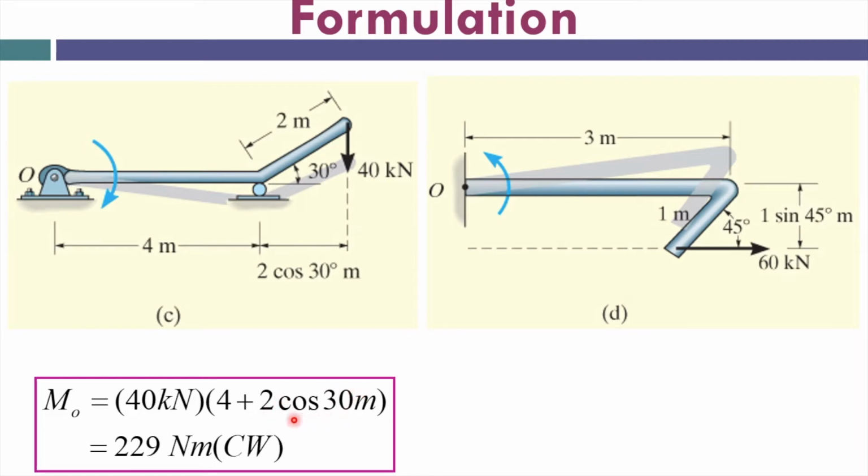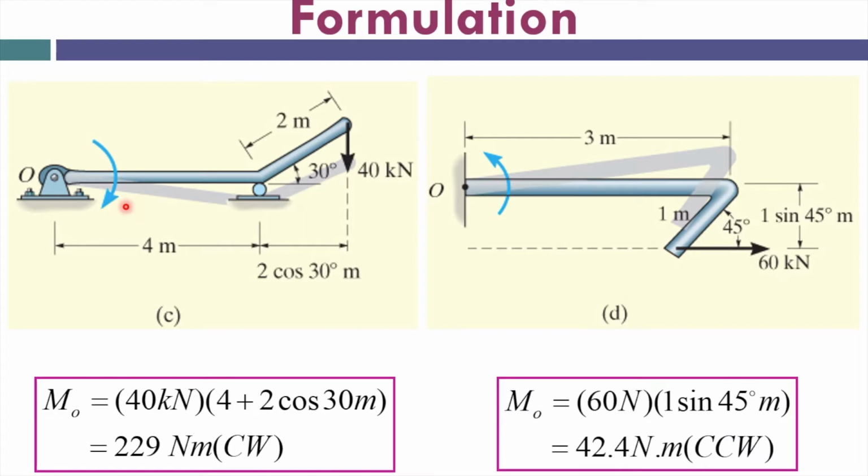Cos 30 is 0.866. So times with 2, and then plus 4, and then times 40. Okay, so we get a value of 229 Newton meter. Okay, that is the moment for the force being applied here. And for D, the calculation of D,